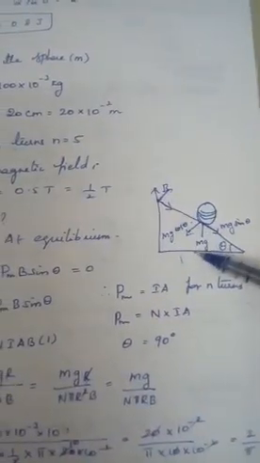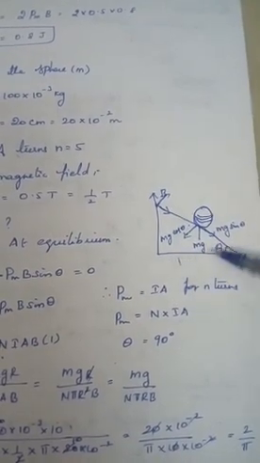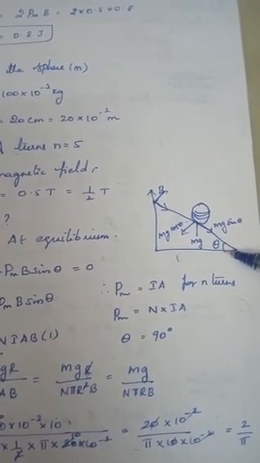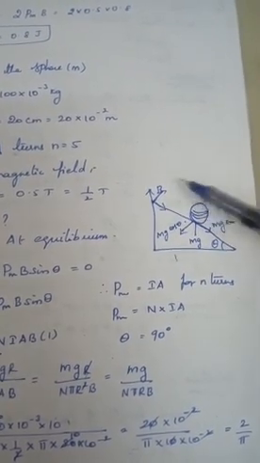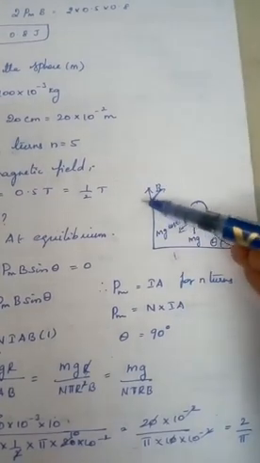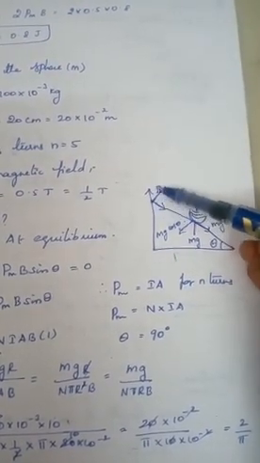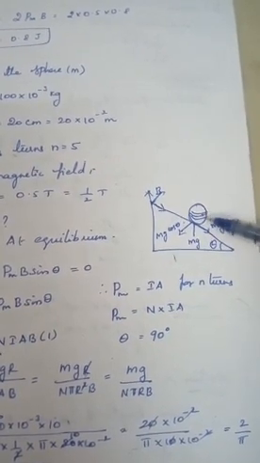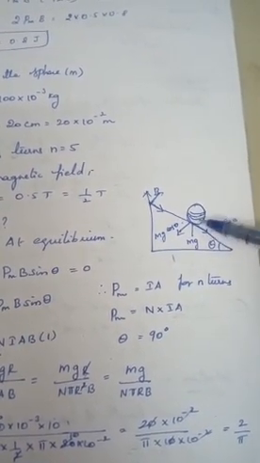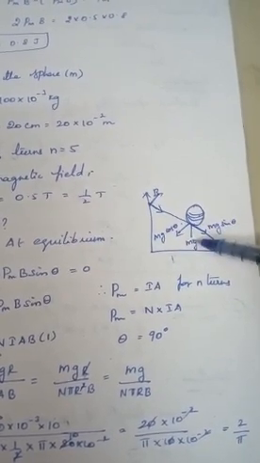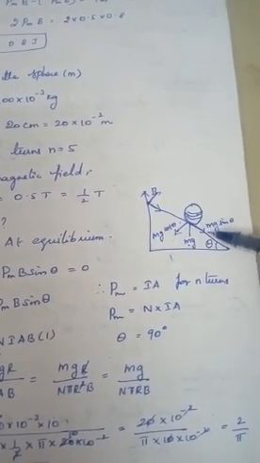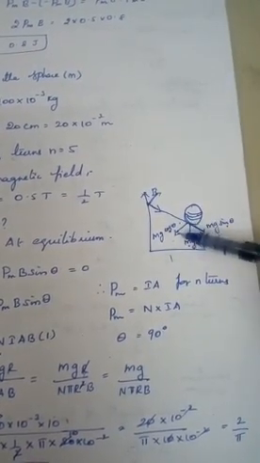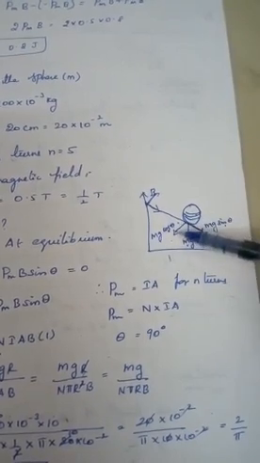So this is the figure that is given. In this figure, the sphere is resting on the inclined plane with the angle theta, and this is the magnetic field, in the upward direction. Now on the inclined plane, the sphere is rotating. So here the torque is produced, and the force mg is split into two components: mg sin theta and mg cos theta. The mg cos theta can be cancelled because it acts into the incline.